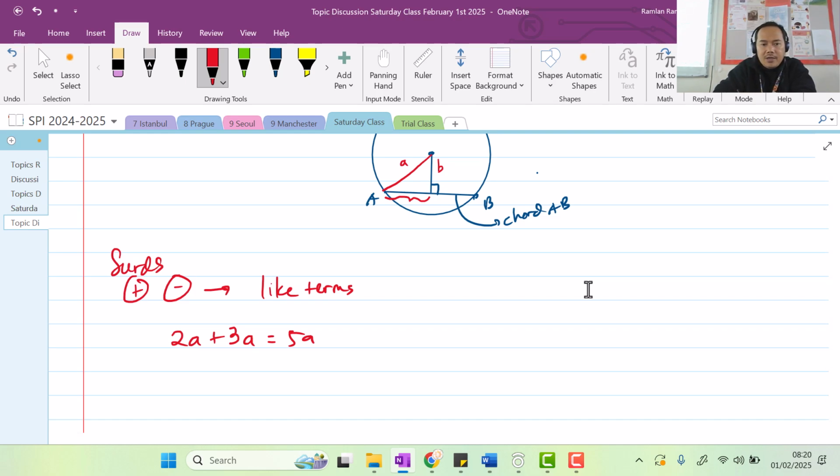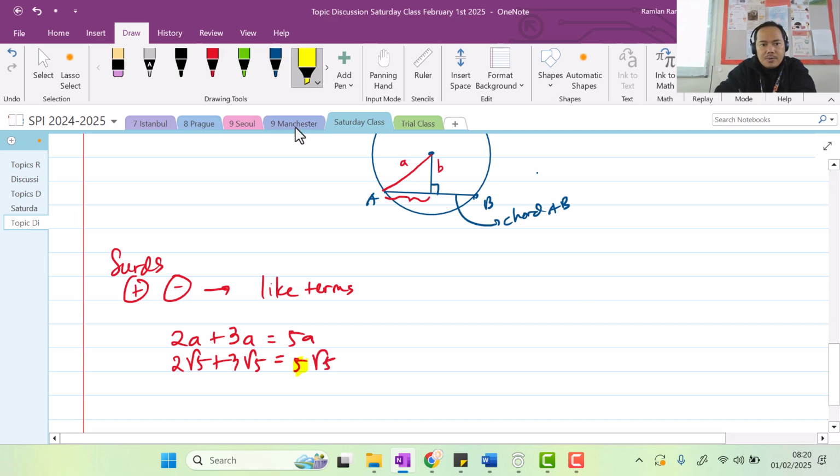So for example, if I write down 2 square root of 5 plus 3 square root of 5, this equals 5 square root of 5. So you can see that this 5 comes from 2 plus 3, right? Notice that because they have the same exact, apa namanya, kita sebutnya like terms, ya, because they have the same exact term. But if I write down like this, for example, you cannot simplify this. This is the simplest form of this expression because they do not have the same term. Ya, kalau addition sama subtraction kayak gitu ya.